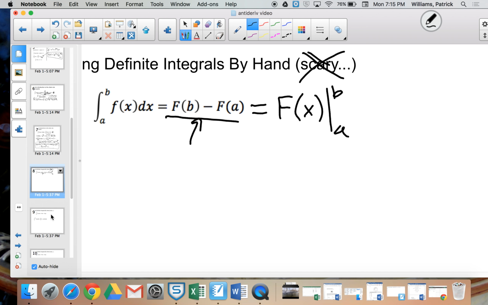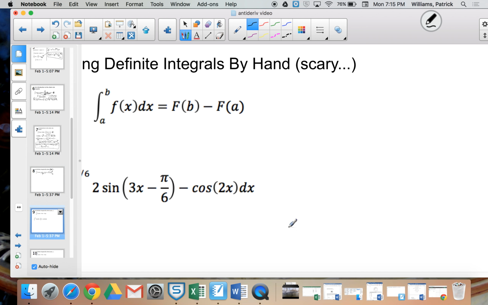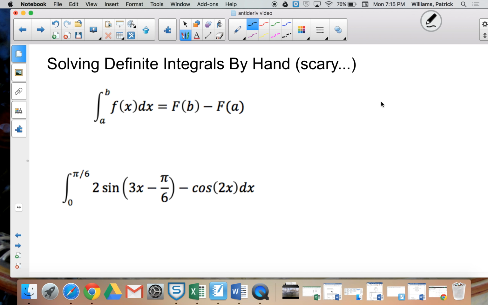All right, so let's look at an example problem doing this. So what I want you guys to do is I want you to evaluate this definite integral by hand. Now I know that might take you a while. Please resist the urge to just go straight to your calculator and do this. Come up with a number. You can double check it using fnInt in your calculator, but really just give this a shot because this is very important to know how to do this, in particular for the non-calculator versions of the